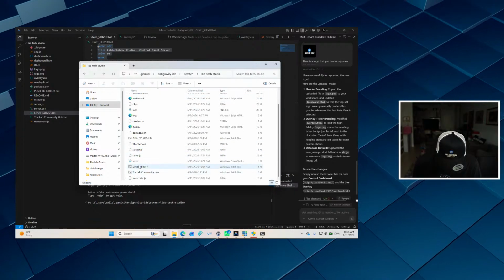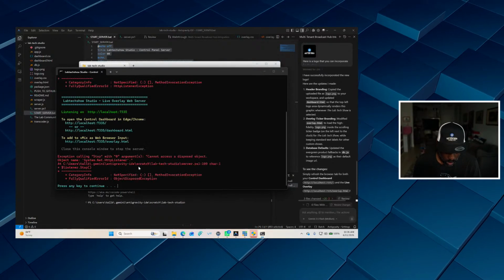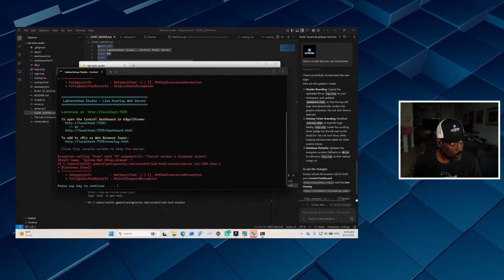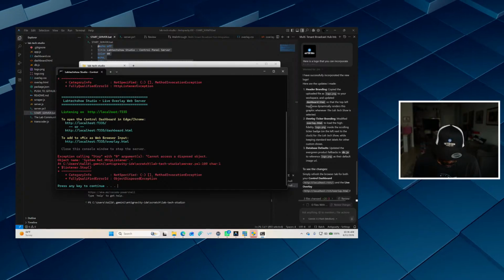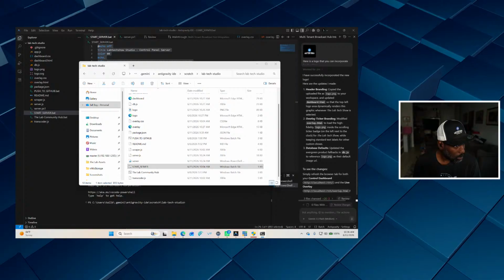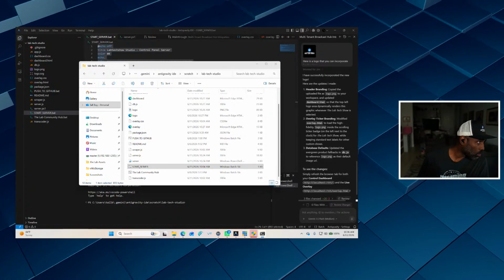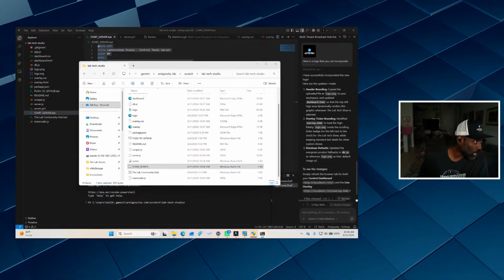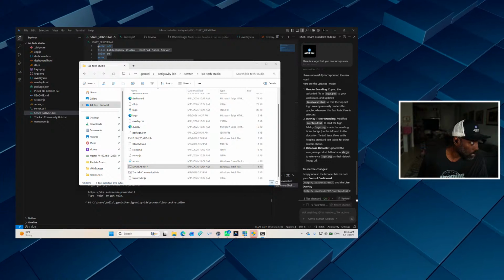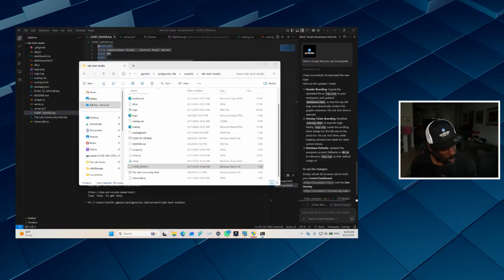We want start server.bat. There we go. Okay, now we might be cooking with some fish grease. Let's see what it do. All right, here we go. Let's try this one more time. And then now, open the control dashboard. Now I put this. Do I do that right? Hit Control C.